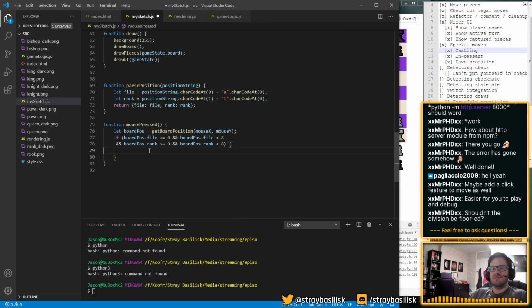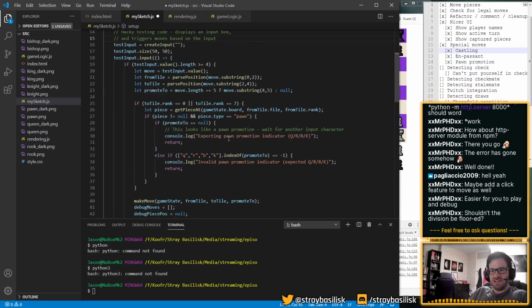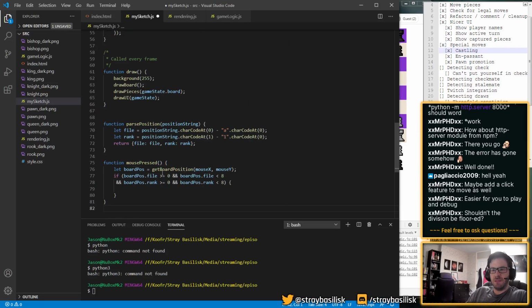If that's the case, then I'm going to do something really hacky. How do I set the value? The function, okay. Actually, this is a weird thing you have to do in JavaScript, isn't it?